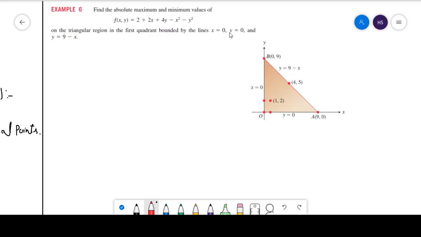bounded by the lines x equal to 0, which is actually your y-axis, y is equal to 0, your x-axis, and this line in the first quadrant. So your bounded region becomes this one. Even if this figure is not given, you can always draw it, because